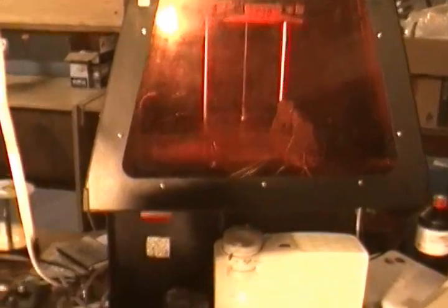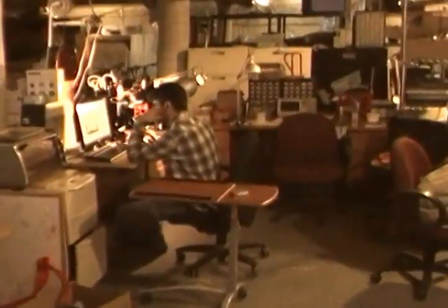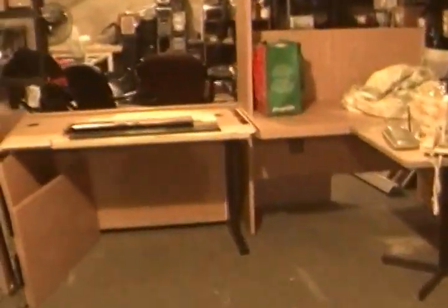Two 3D printers. They will have access to tools for prototyping electronics. We're gonna move these desks out of the way. So they will have all these advantages by being in proximity with Sensorica, and also they will be able to absorb our knowledge about open innovation and peer-to-peer in order to build the enterprise of the future. A great advantage for these guys and girls that would like to set up shop within our